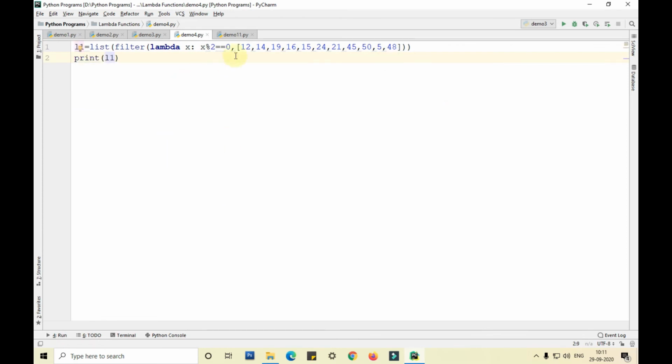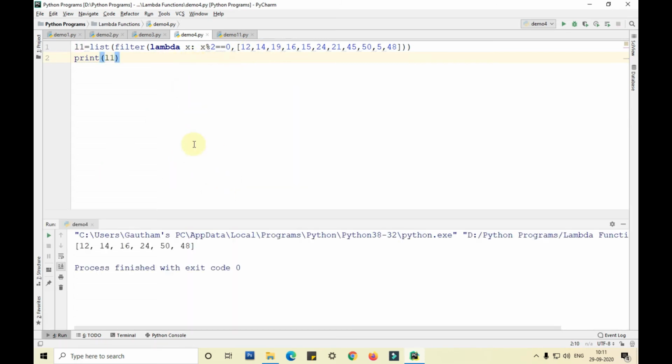So here we'll get only the even numbers and not the odd numbers. As you can see, we have got 12, 14, 16, 24, 50 and 48. So this function returns only the even numbers, whereas if I give this as 1, it will return all the odd numbers, as you can see.